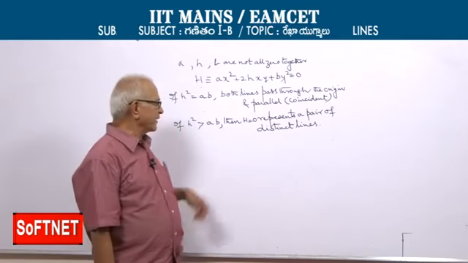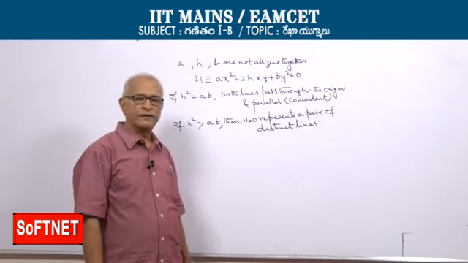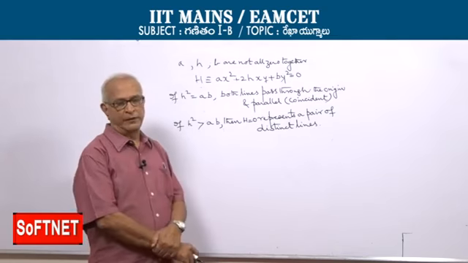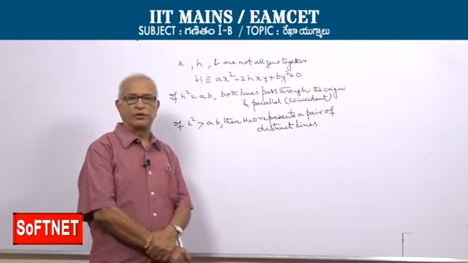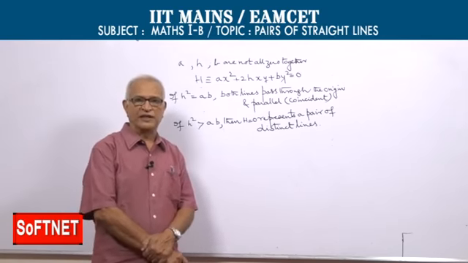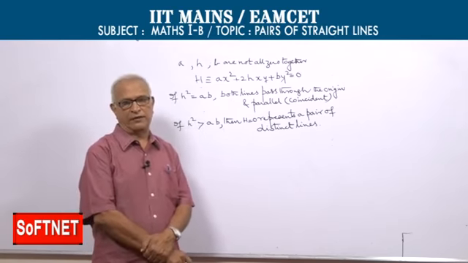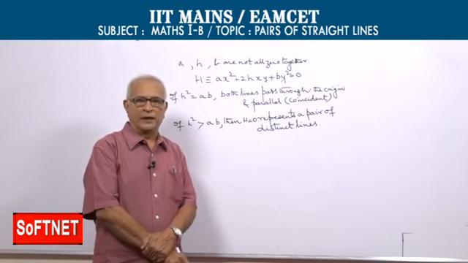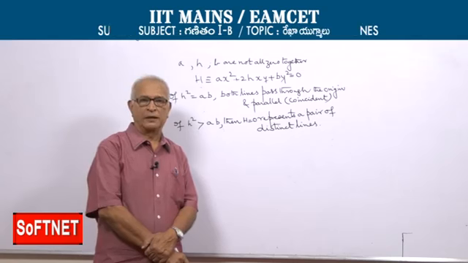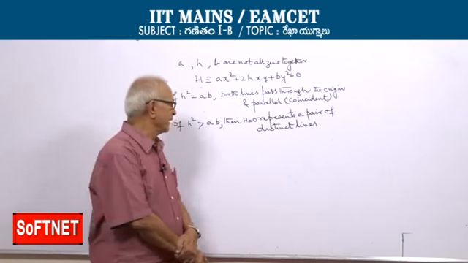You can always factorize H as a product of two linear factors in x and y, whether h square equal to AB or h square greater than AB. As long as the locus of the equation H equal to 0 is a pair of straight lines, you can always factorize H as a product of two linear factors in x and y. x, y లో రెండు ఏకఘాత సమాసాల కింద, కారణాంకాల కింద మనం విడదీయచ్చు ఎప్పుడు కూడా.